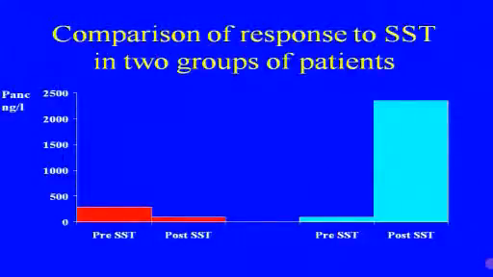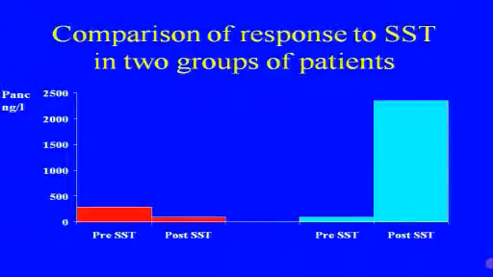I want you to look at the red data here, and this is two groups of patients, and they have presented at the clinic, and they have had similar pancreastatin concentrations, the red on the left and the blue on the left, the pre-treatment. In fact, if anything, the red patients have had slightly higher pancreastatin to start off with. They've gone on to somatostatin analog treatment, and in so doing, some have responded very well. We couldn't predict who was going to respond well and who didn't, but some haven't responded well.